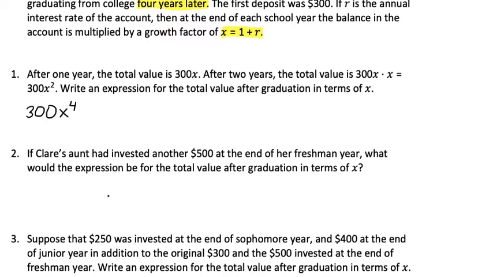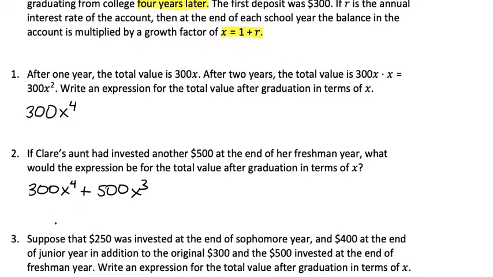If Claire's aunt had invested another $500 at the end of her freshman year, what would the expression be for the total value after graduation in terms of x? So she still has the original $300 in the account, which had 4 years to grow, so it would be 300 times x to the fourth. If she invested another $500 at the end of her freshman year, then we would add 500, and the $500 would have had 3 years to grow, so it would be 500 times x to the third. Now we can't combine these together because they're not like terms. X to the fourth and x to the third have different powers on x,